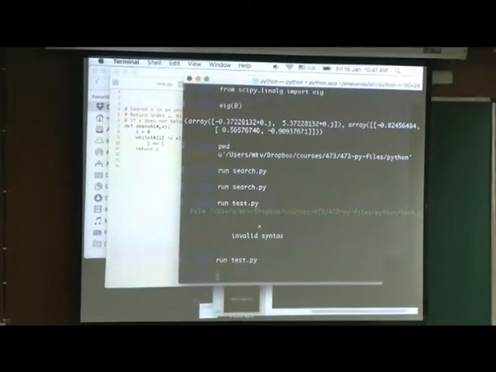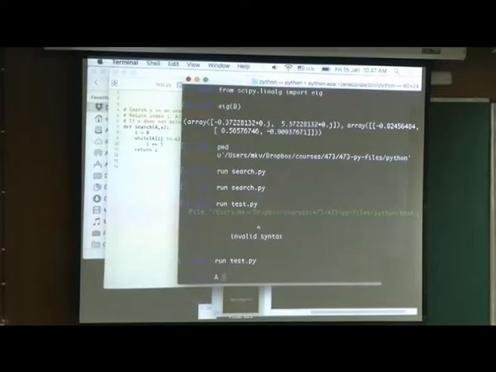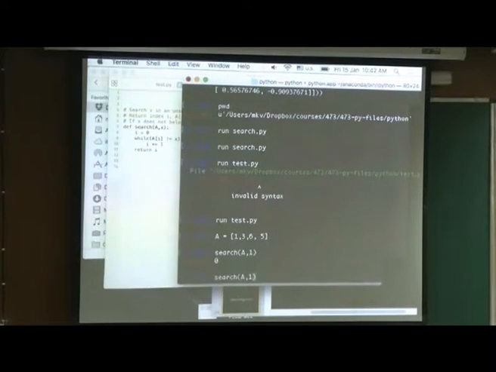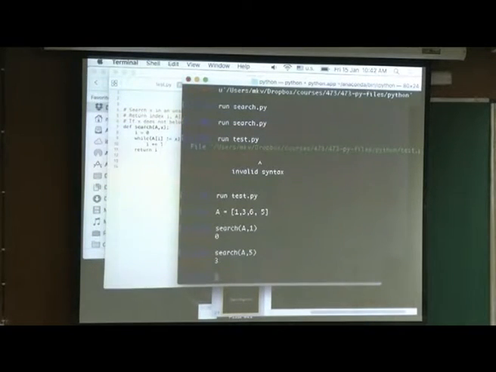Okay. Now I need to check whether it works or not. So I define an array, let us do a list. A list is as good here: 1, 3, 6, unsorted, so I can put 5 here, 4 of them. And so I need to search. Let us say I am searching in array A for 1. I should get the answer 0. Searching for 5 the answer is coming 3. So it is working, right? What if it is not in the list?